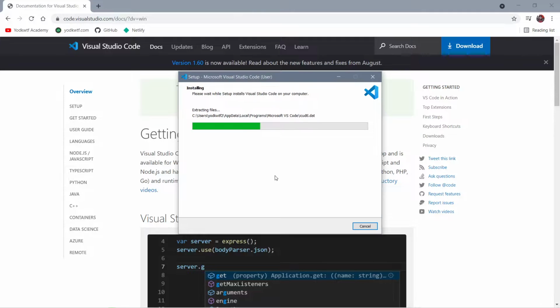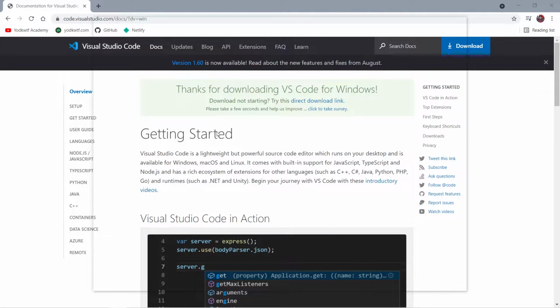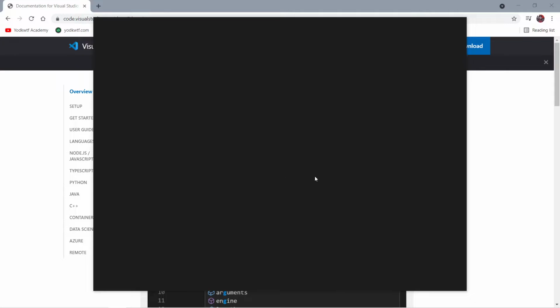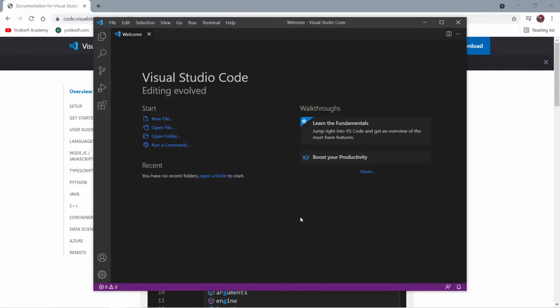So it's very simple. You can install it within just 2 minutes, I guess. And the install is about to finish. And we are done. So now our VS Code will open. So this is the home screen that you'll get and you'll have a few theme options that you can choose from. And I'll go with the dark one since I'm not a psycho. And now we can just click on mark done and we'll be fine.